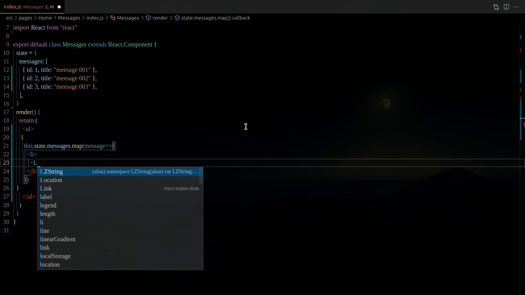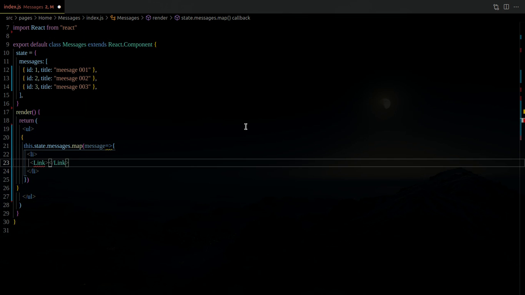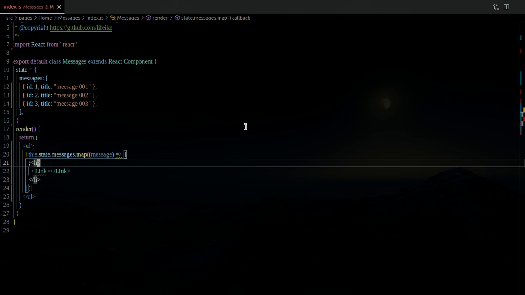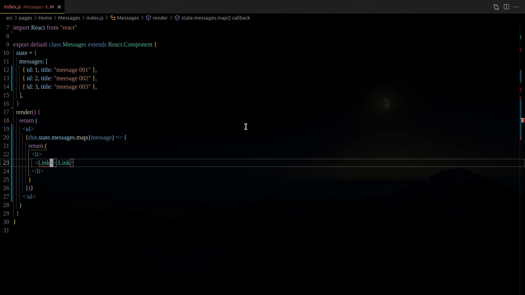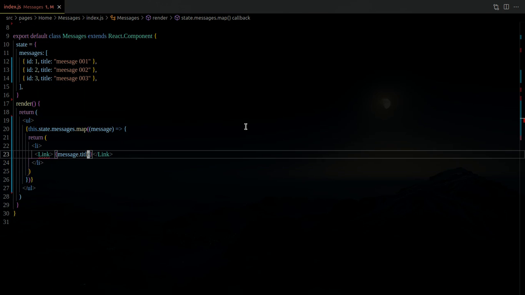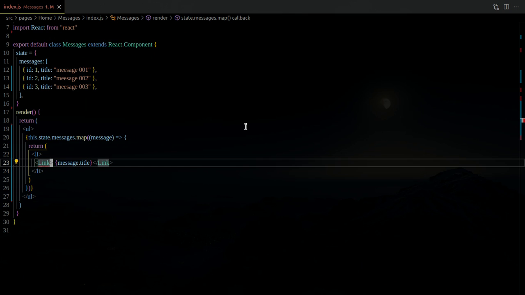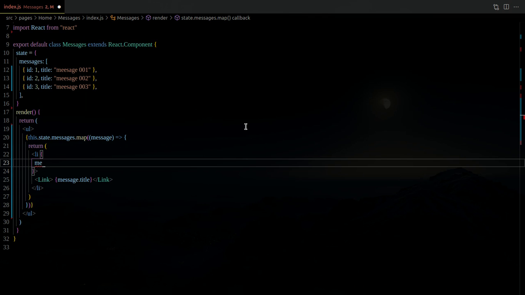and it is a link. So link should be message.title. Each node requires a unique key, right? So